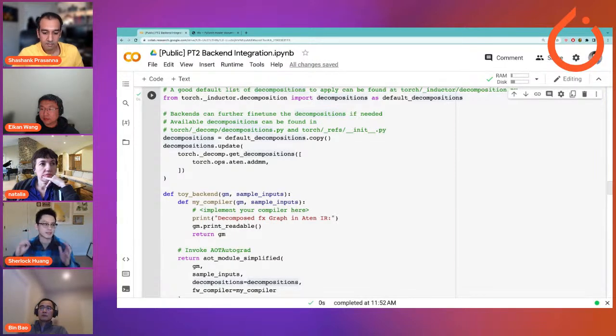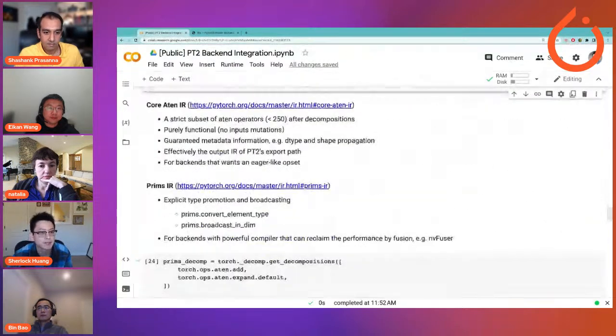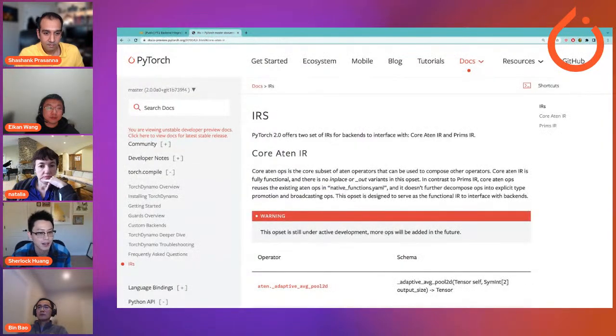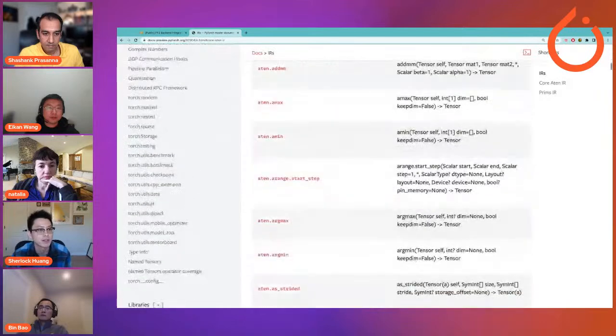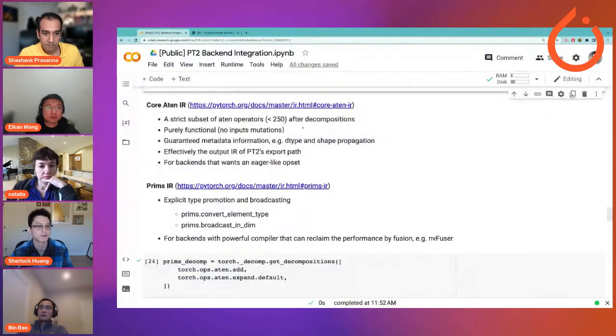But all this variance of the resulting graph would be the variance of the A10 ops, which I'm going to show you here. Basically, we have come up with the graph IR called A10 IR. This is a collection of somewhere around 200 to 250 operators that still exist after decomposition. And all of these operators are functional